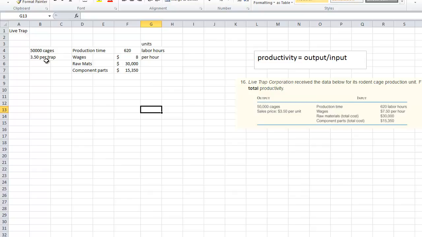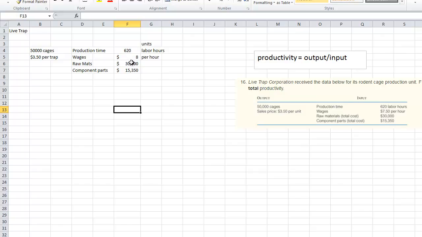Here's your 50,000 cages, $3.50 per trap. I'll be clear with that and put in the dollar sign. Okay, so that's what we're talking about there. So the first thing you want to do is your output. What you could do is take a look at what inputs it took to make so many cages here. But as you start looking through the numbers that you have here,